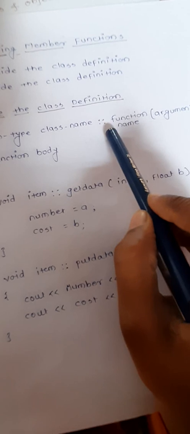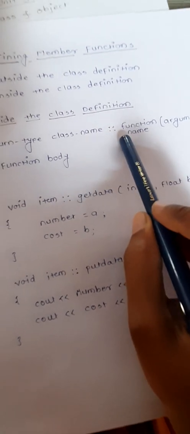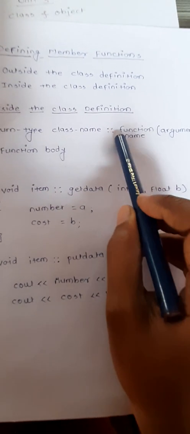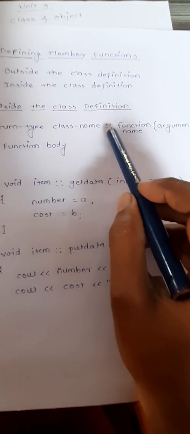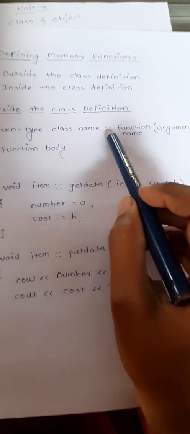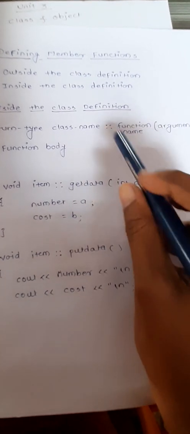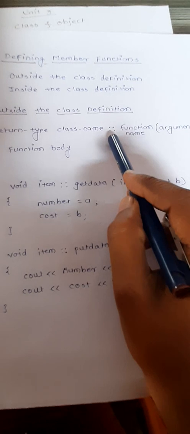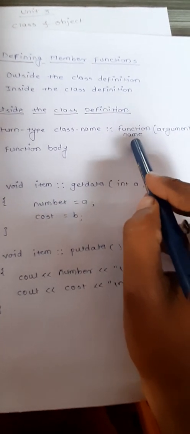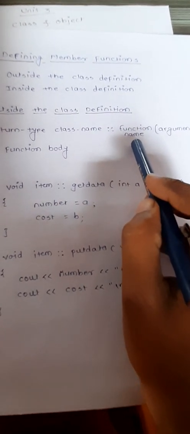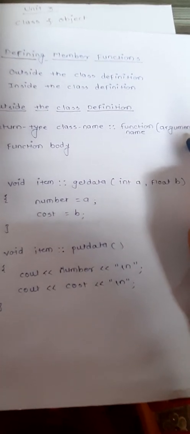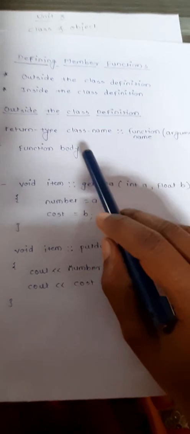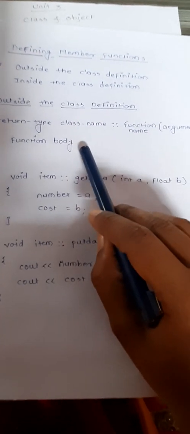This scope resolution operator is used here because we define the function definition outside the class. And as we know, to access anything outside its scope we use the scope resolution operator. We saw this point already. And here is the function name. Whatever function we want to define, we need to write the function name and the argument list needed to execute this function body. And below it, we write the function body, the definition of the function. Here is the example for this.